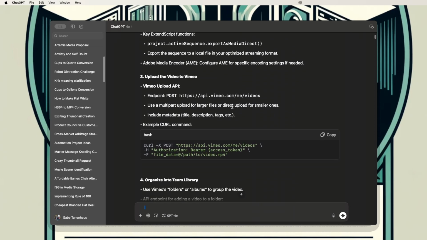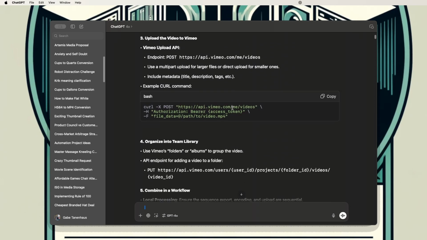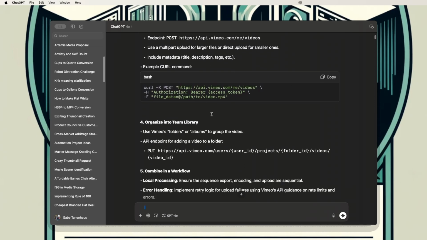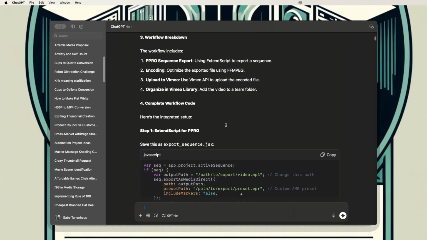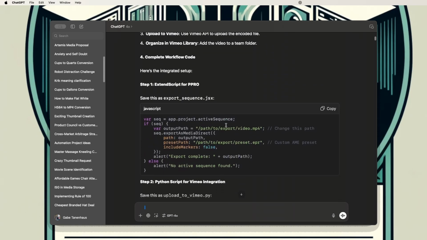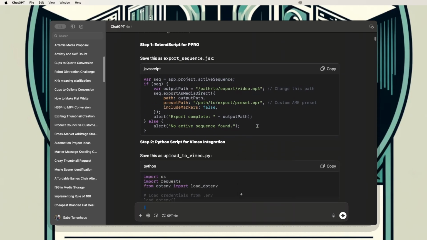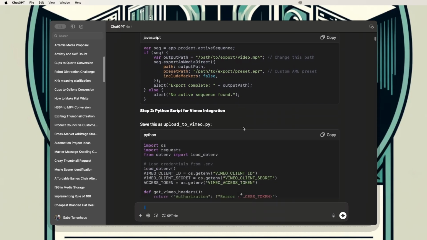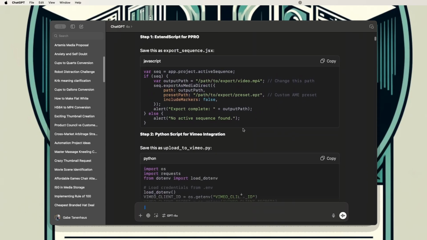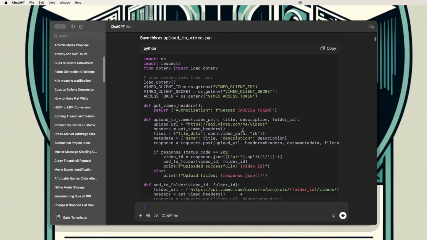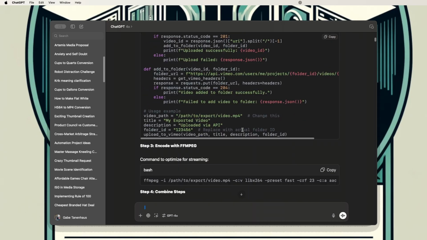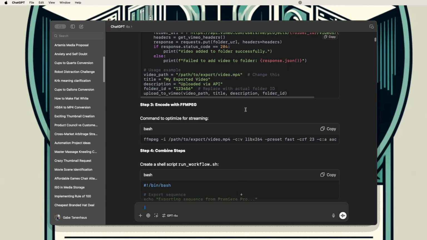conceptually, said a bunch of stuff I didn't really understand, had me do a few commands I didn't really understand, but ultimately had me make a script. Interestingly, there was some back and forth around whether or not you could script in Premiere, and this is one of the ways in which AI falls a little bit short.